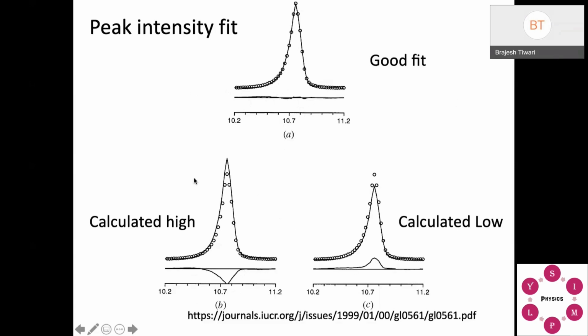You still need to bother about changing the atomic position. If it is very nice for some peaks like this, but some other peak is not fitting well, that means you go and change the atomic position. If you are seeing this type of thing, that means you have calculated either very high intensity or lower intensity. That's how you get this. This point is clear. So when should you bother about changing the atomic position? When you have a peak in this style, a peak fitting, in the end you will get this type of shape.